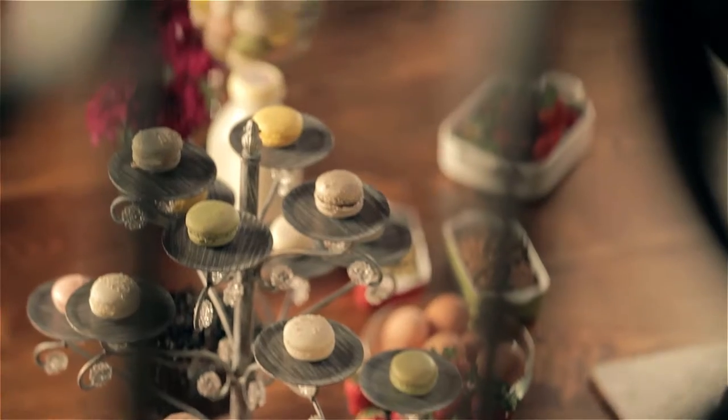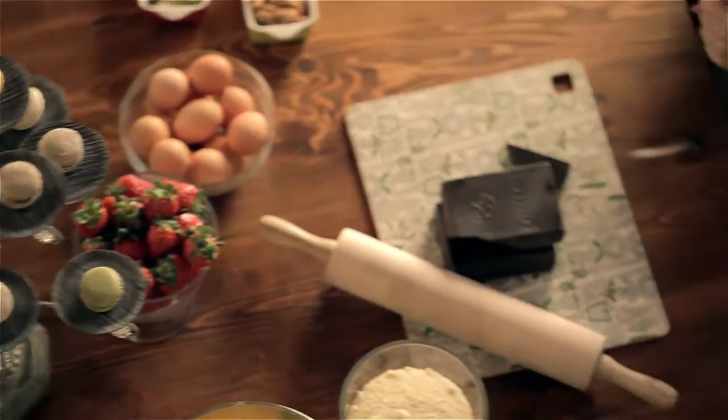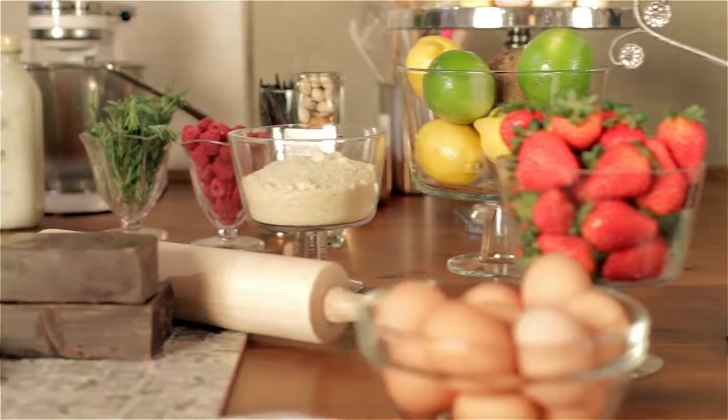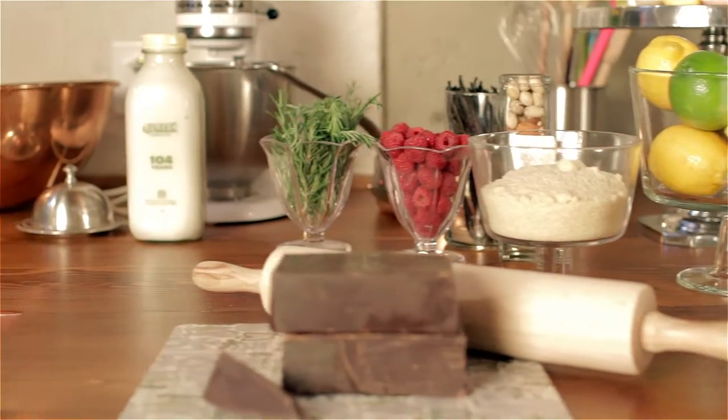The French Parisian style is usually made with an Italian meringue. So that's your egg whites and simple syrup that you combine to make an Italian meringue. And then you've got your almond flour mixture that also has egg whites, or your flavors or your colors, whatever you're using there. And you combine basically your Italian meringue with your almond flour mixture, and then you pipe them out with a piping bag and a tip onto parchment or trays, and then they like to